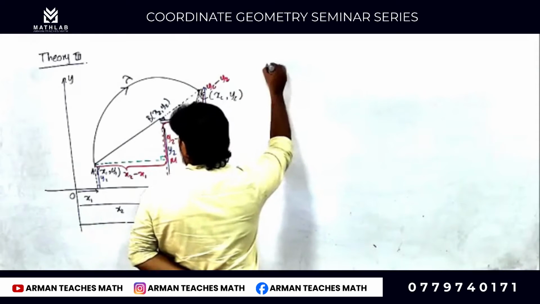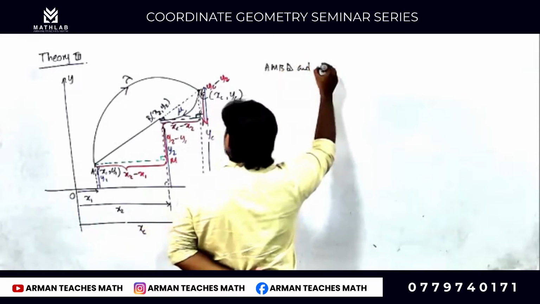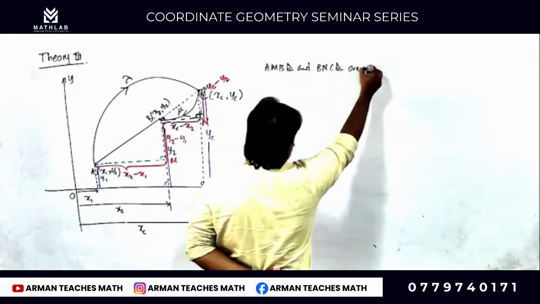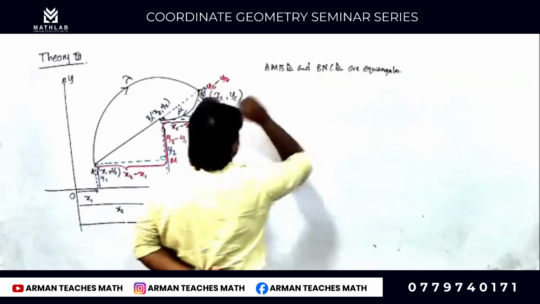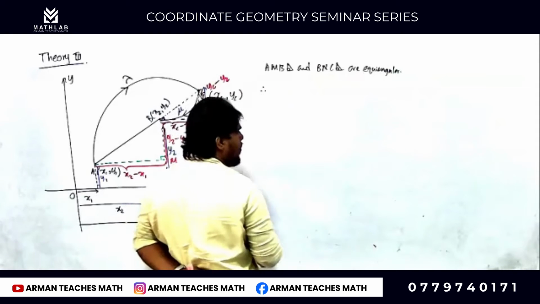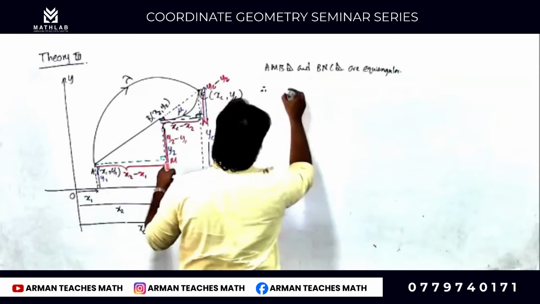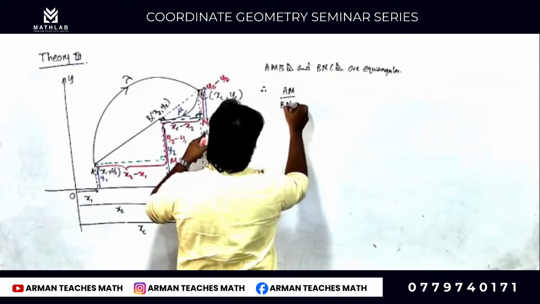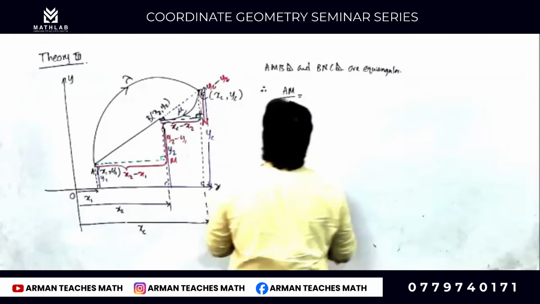If we take the AMB right angle triangle and the BNC right angle triangle, they are equiangular. Therefore, corresponding sides are proportional. Proportional means AM length divided by BN length is equal to